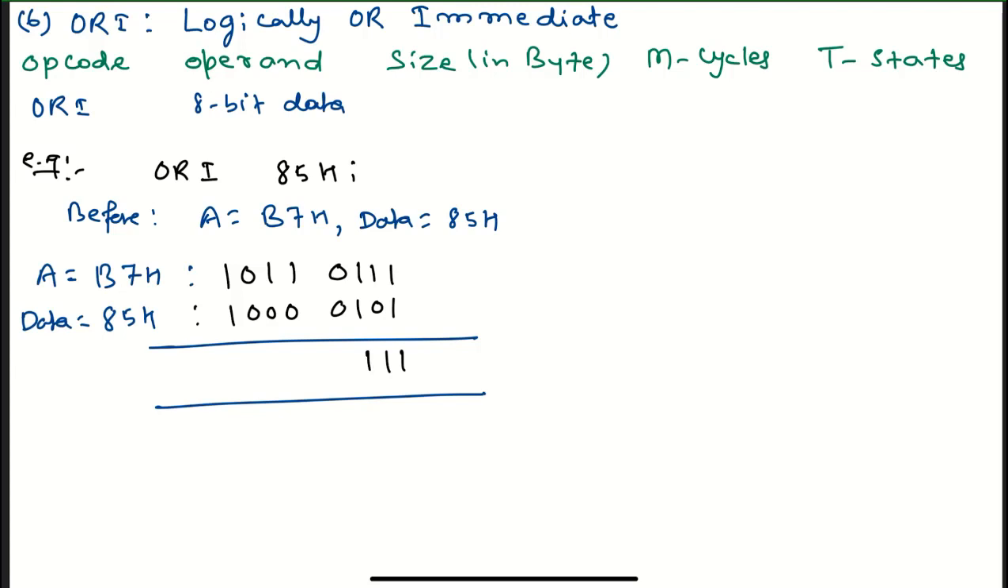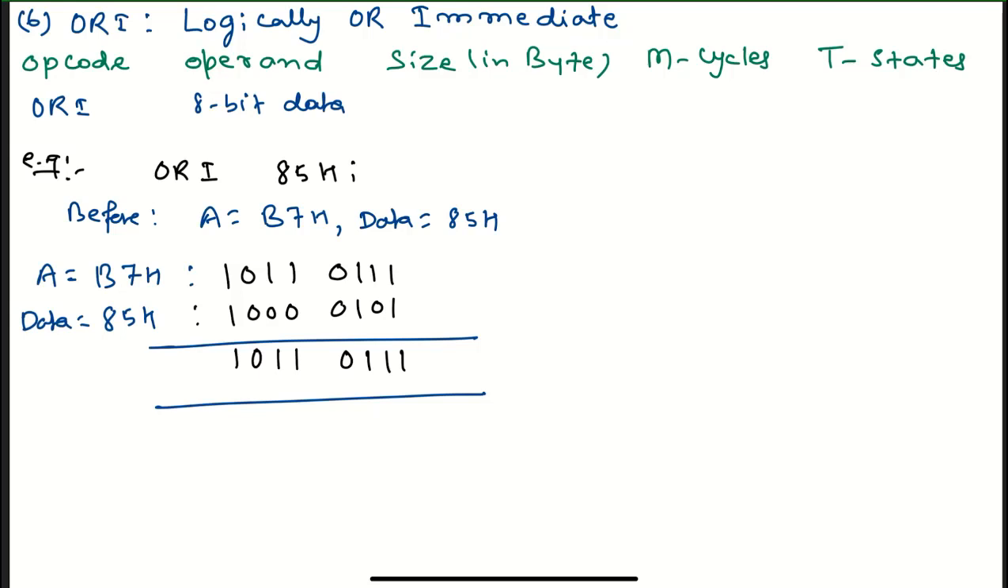From the fourth stage, both the inputs are 0, so the output will be 0. From the fifth stage, it will be 1. From the sixth stage also it will be 1. From the seventh stage, both the inputs are 0, so this will be 0. From the eighth stage, which is the last stage, both the inputs are 1, so here also the output will be 1. So now we got